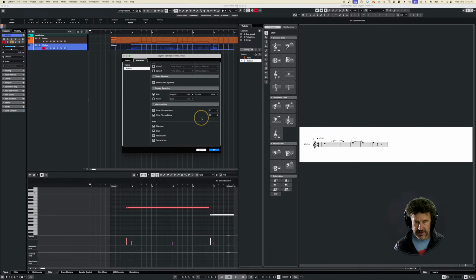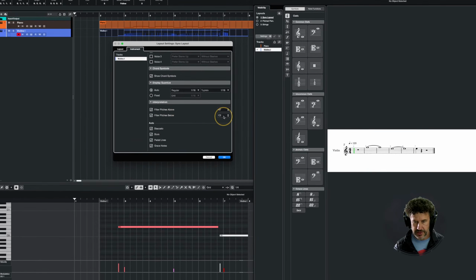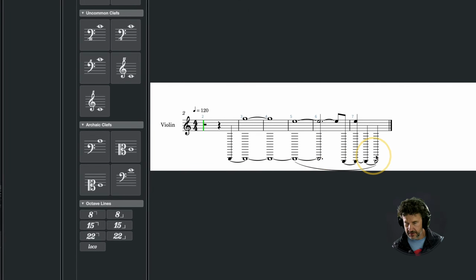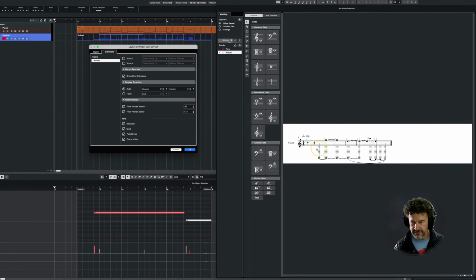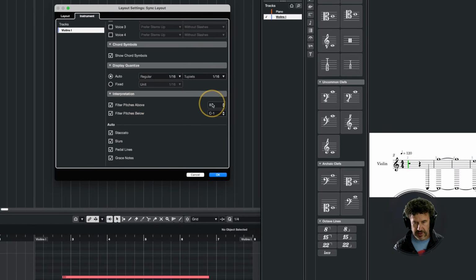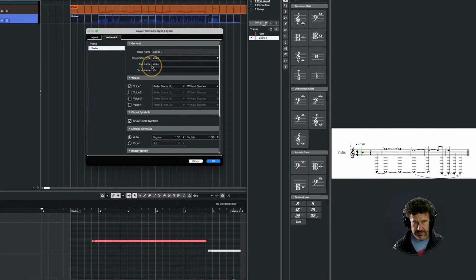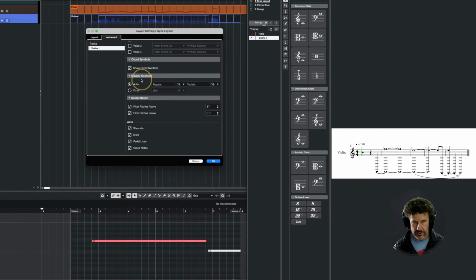But down here, if I were to say, okay, filter pitch is below, and I were to change that to C-1, now you can see over here I've got my most horrendous display of notes because it's now displaying the key switches. So if you have some key switches that are showing, you can always use the filter pitches above and filter pitches below here, and it's on an instrument level, right? So you can make sure that you're on the right instrument, and then you can change that along with Display